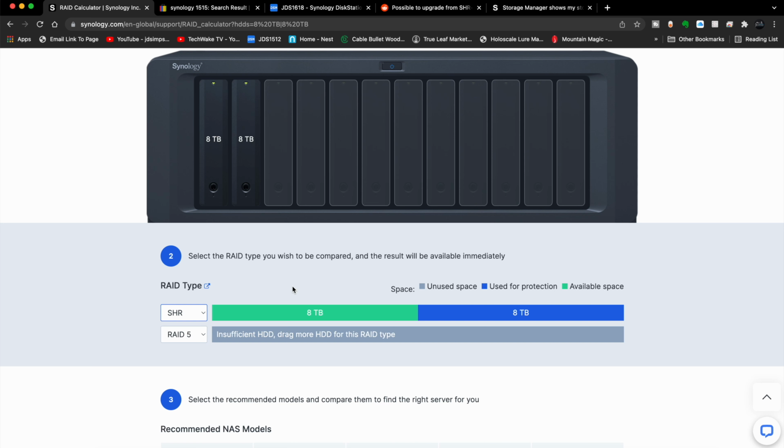So if you notice in this 2-bay scenario, when you try to go to SHR2, you say, well, wait a minute, there's no drives being protected or used for space. Basically, you can't do SHR2. Okay, let me explain the difference. SHR1 says I always have one drive that can fail and I can fix myself. One drive. So you would really call this SHR-1. SHR-2 says I'll allow up to 2 drives to fail and I can fix myself. Well, obviously, if you have a 2-drive configuration and both drives fail, there's nothing left to fix with. You know what I mean?